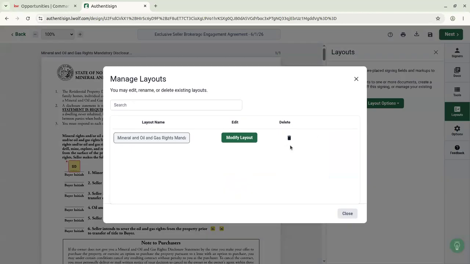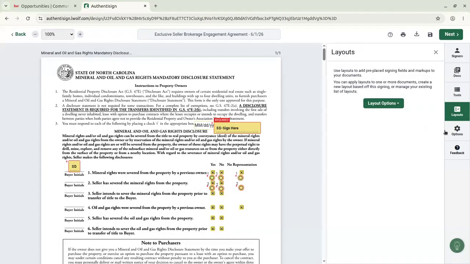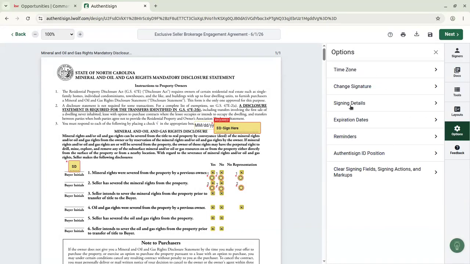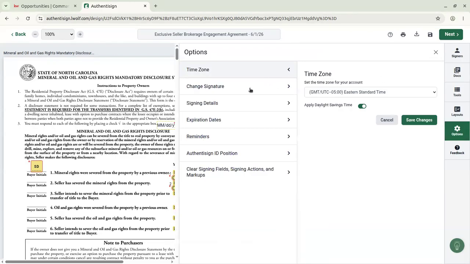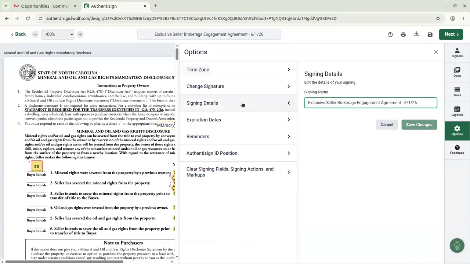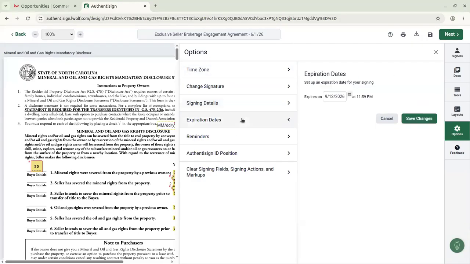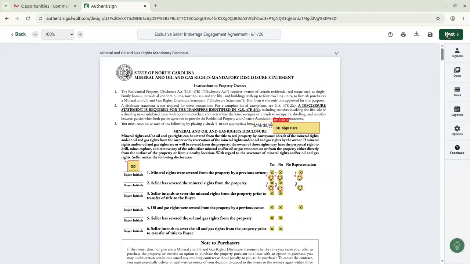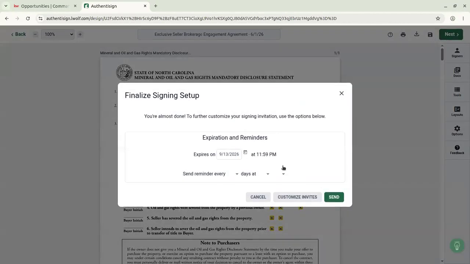We can go ahead and manage layouts, and I'm going to delete this one because I didn't actually need to create that. We also have our options button right here where we can set time zone, change our own signature if we needed to, signing details. We need to change our signing name, expiration dates, reminders, things like that. But we are going to go ahead and we will just click next right here. And it will have us finalize this signing setup. So we'll see it right through here with the expiration date you can set,